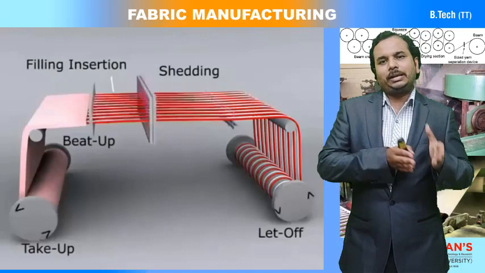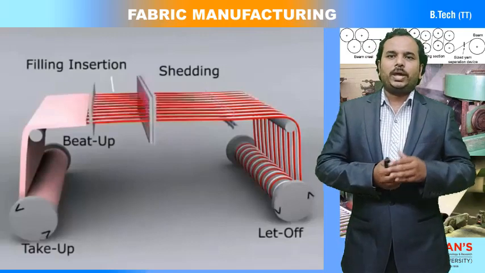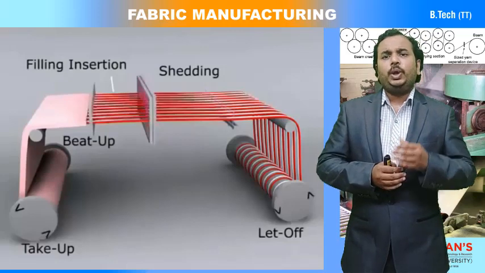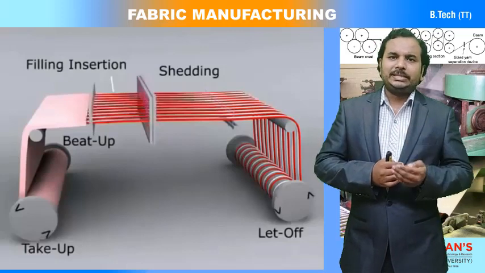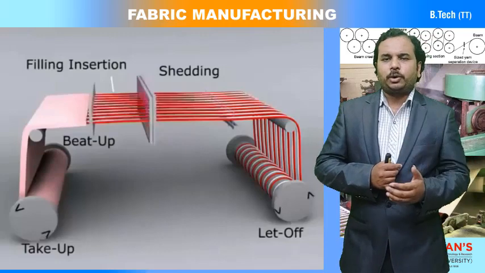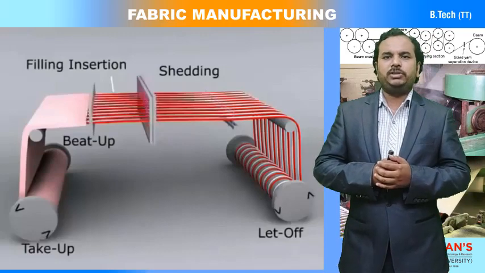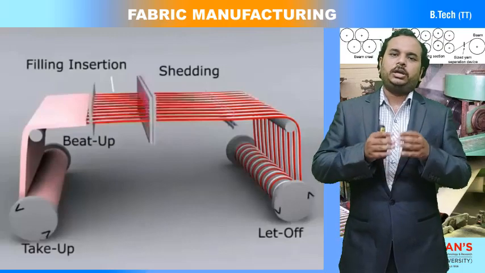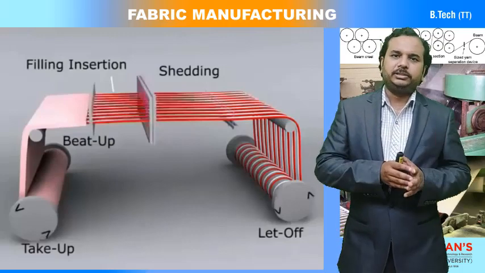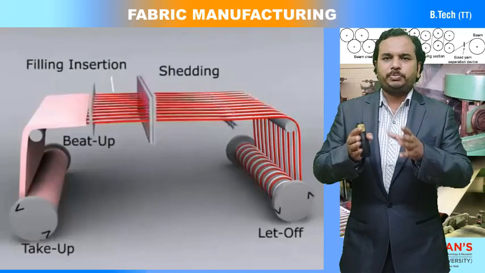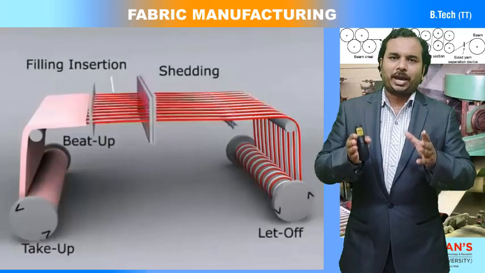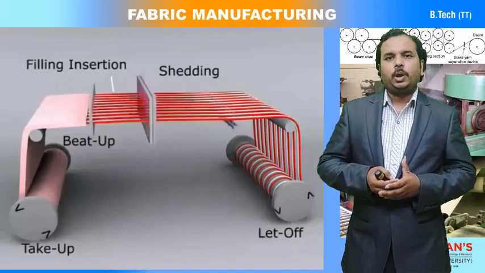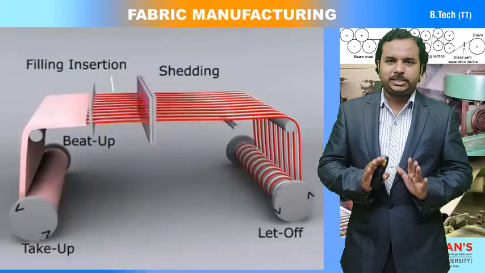Now, as I told earlier, when the warp threads are moving up and down, stress or strains are going to be applied onto the yarn because of these parts: the backrest mechanism, heald frames, and the reed. Because of these mechanical components, the stress and strain is going to be applied onto the yarn.